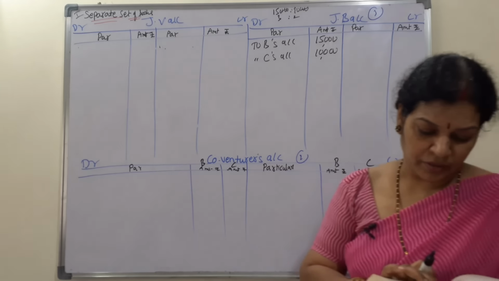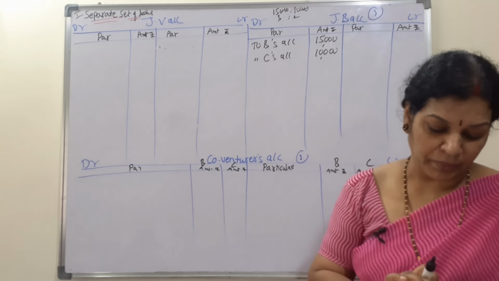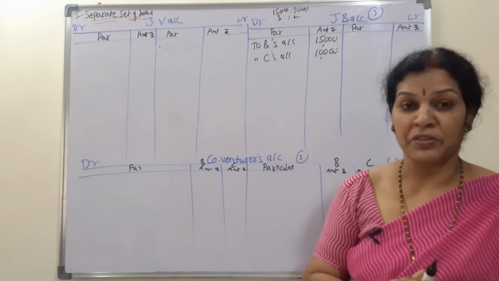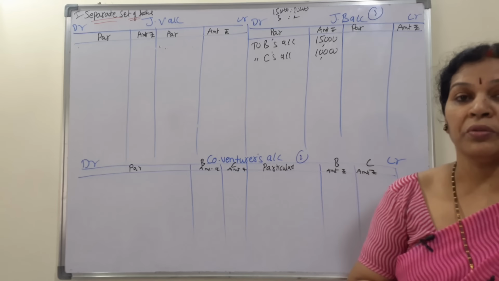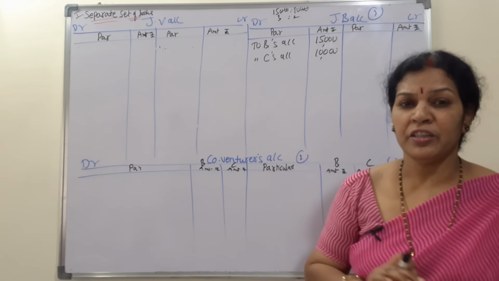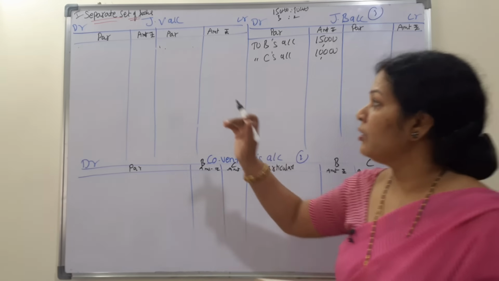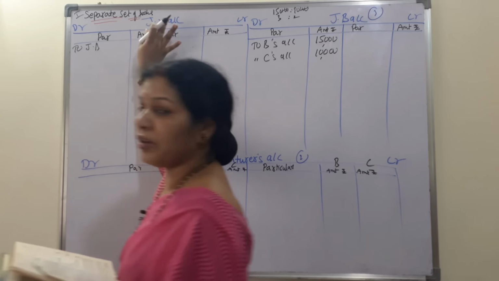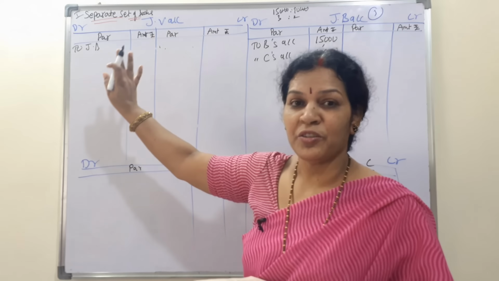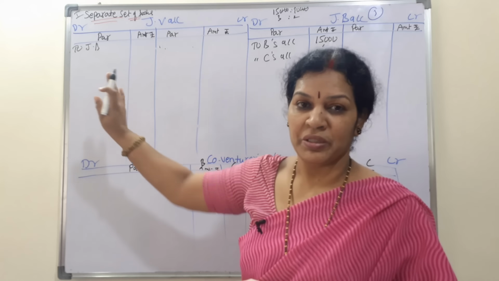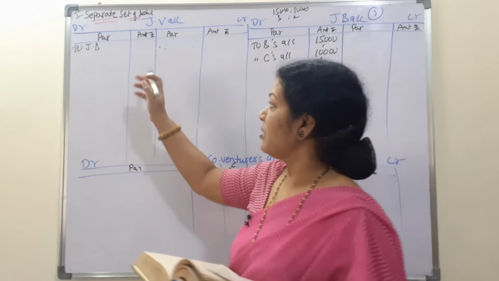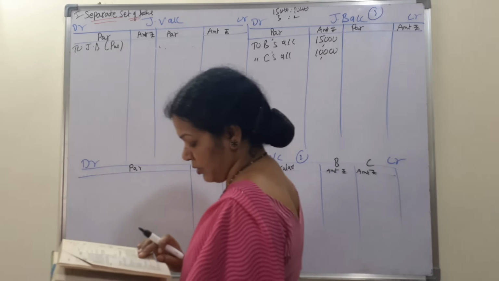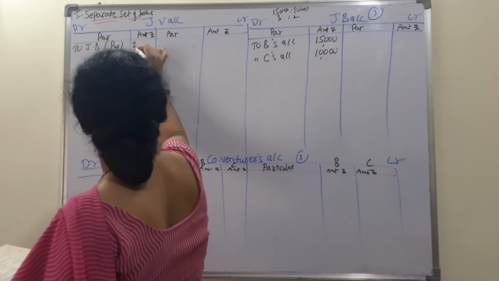They remitted to their agent in Burma 22,100 to pay for timber purchased. Whenever they are purchasing, it is through the bank only. So we will say to joint bank account. Any purchases come on the joint venture account, and any expenses come on the joint venture account debit side. I already told you. So this is purchases through the joint bank, so in brackets we say purchases, 22,100.